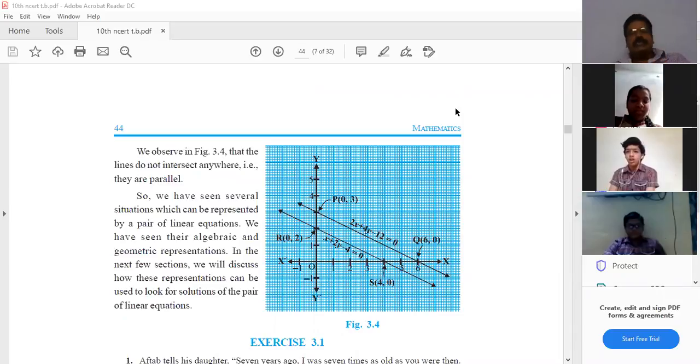Like this, we can say the first example and second example, the equations are consistent. In the first two cases, we can say the equations are consistent. Consistent means the equations having a unique solution, meaning intersecting lines on the graph sheet. Such type of equations are called consistent. The second example also, coincident pair, that is also consistent but dependent solution. In brackets we can say dependent solution. Example 1, example